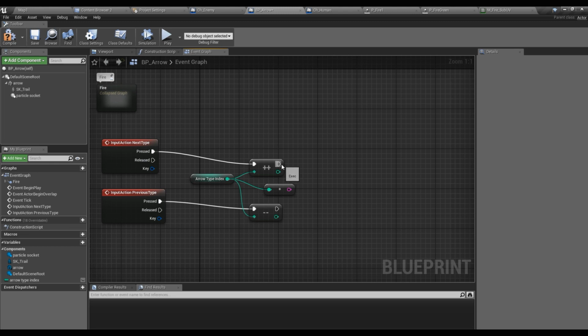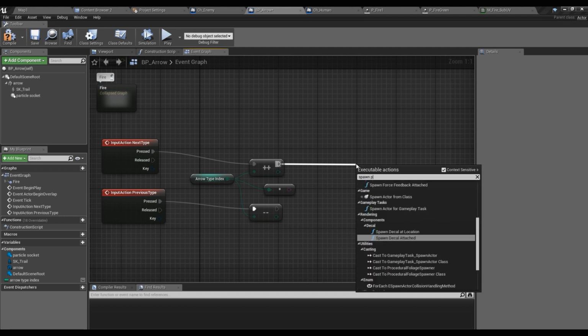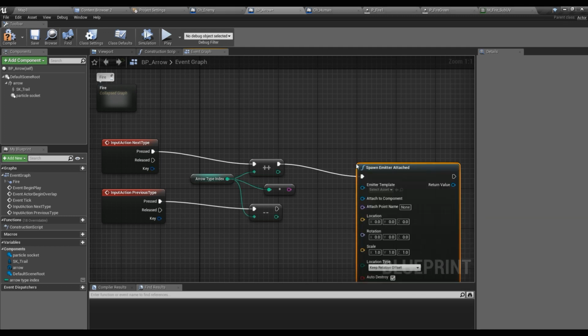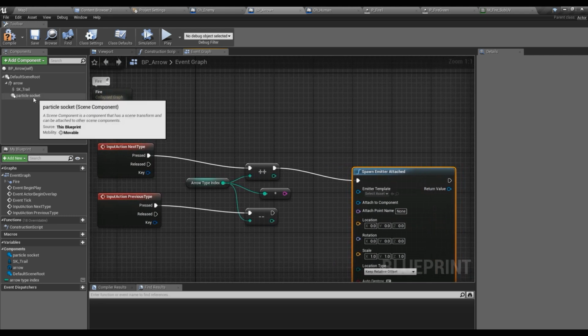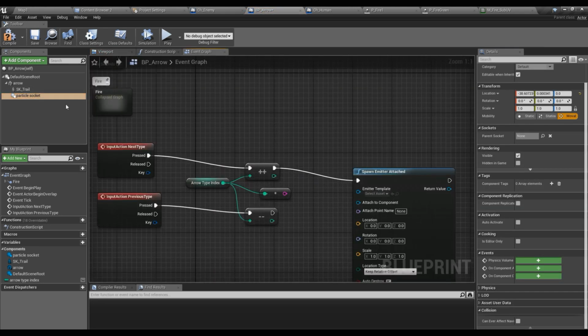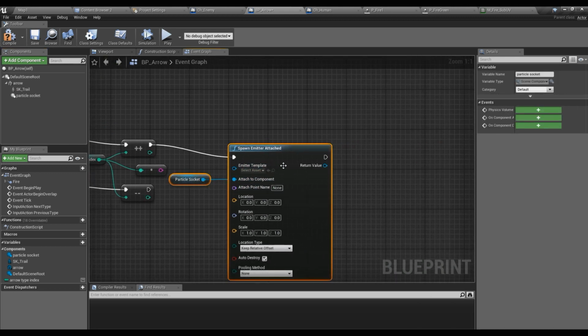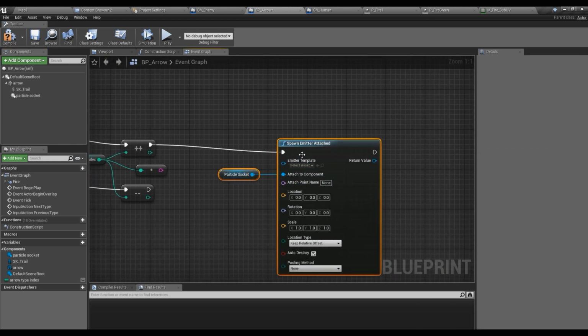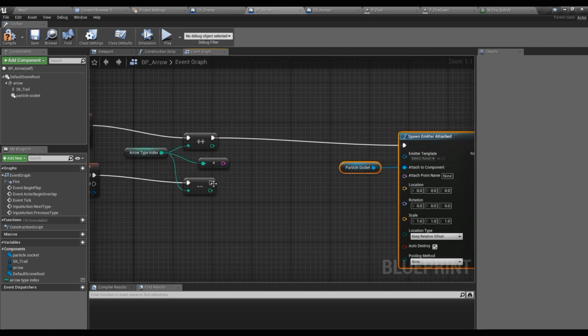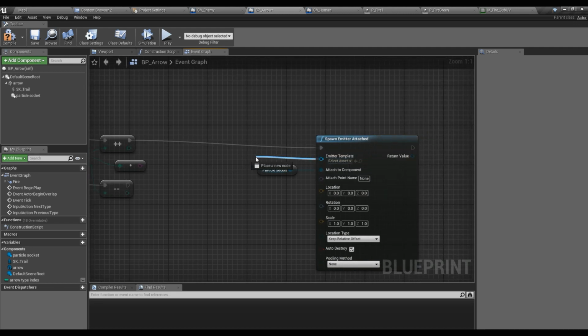Okay, so here I'm going to spawn the particle effect by spawn emitter attached, and attached component is this. What's happening? This particle socket. Okay, that happens because of double clicking. Right, let's get some room here. And oops. And what about this emitter template? So for this one,